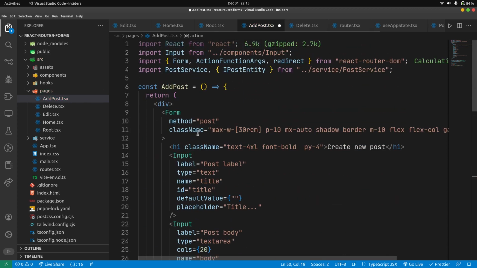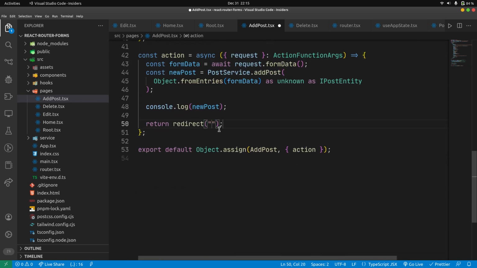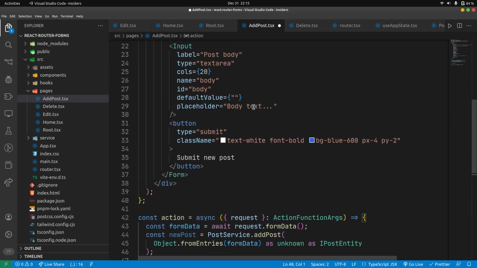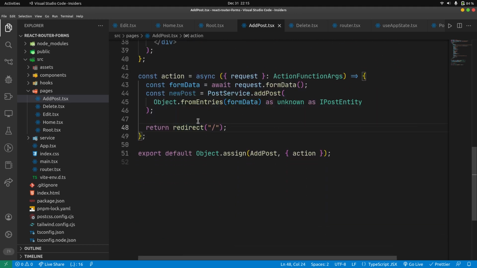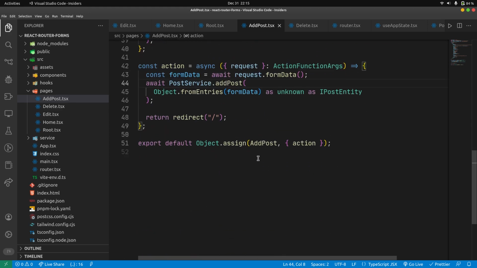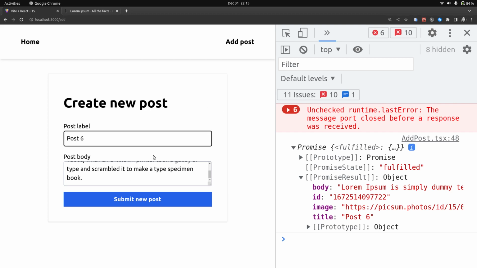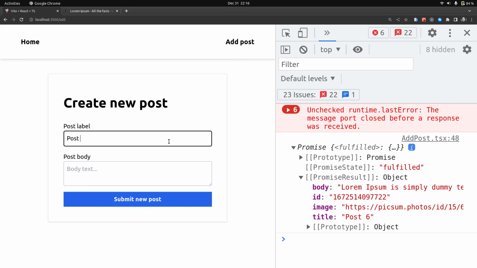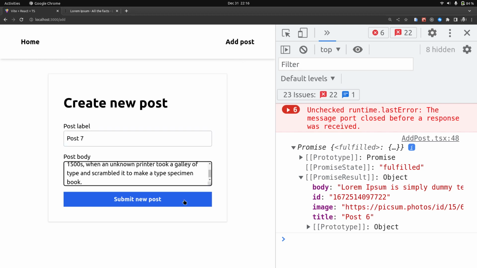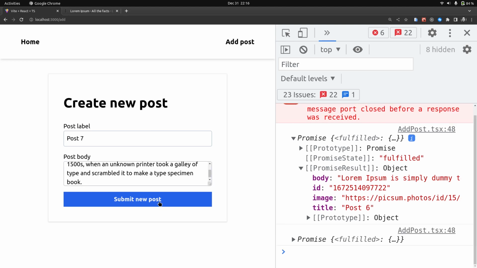Redirect will be imported from React Router DOM. Then we can redirect now to the home page. So we don't need this console.log now, we can just work with the redirect. We can await this because we are not returning anything, so we just await it, and then we go back home, add a post, say post 7, then we paste that again. If we submit,